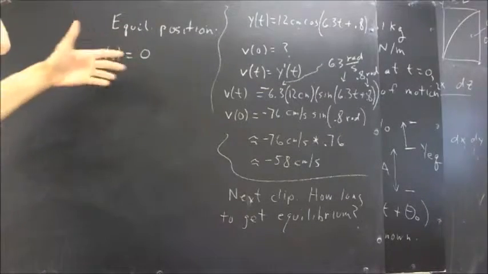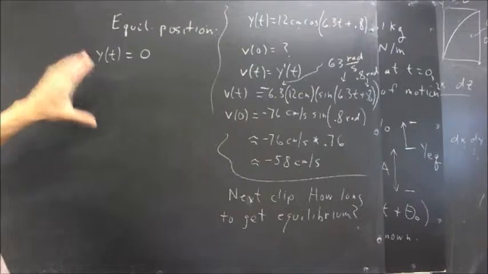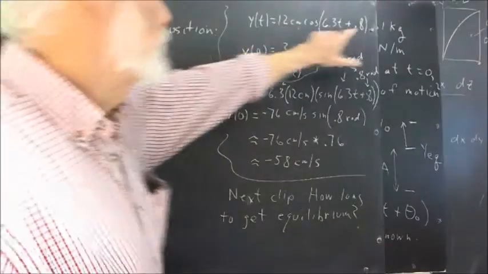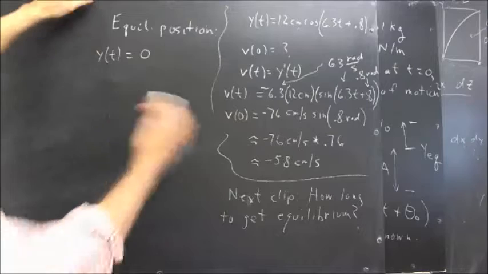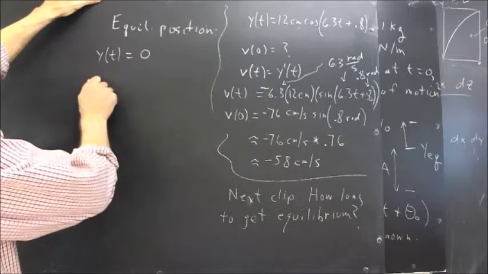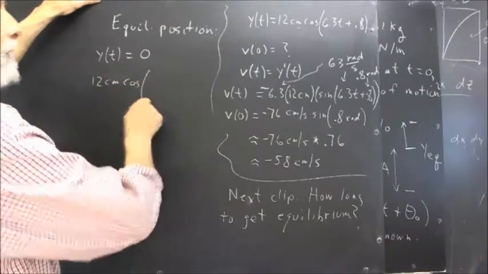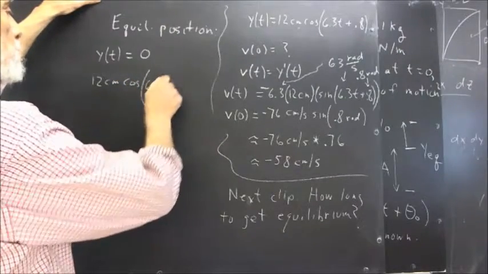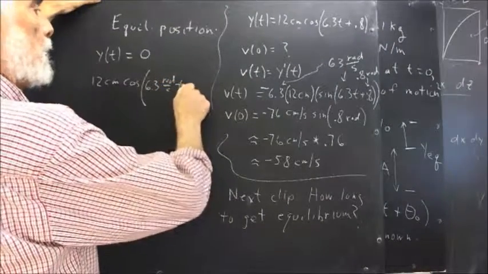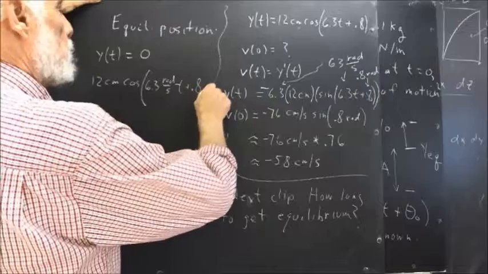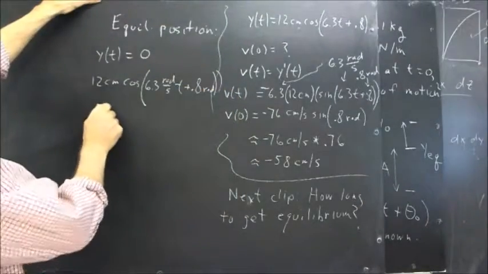Now, you should pause and solve y of t equals 0. Okay, now if you weren't able to do that, hint, you're going to set this expression equal to 0. So if you haven't done that, stop and do it. Okay, you should have done it. We get 12 centimeters times the cosine of 6.3, I'm going to write the units, radians per second, times t, plus 0.8 radians. And that should equal